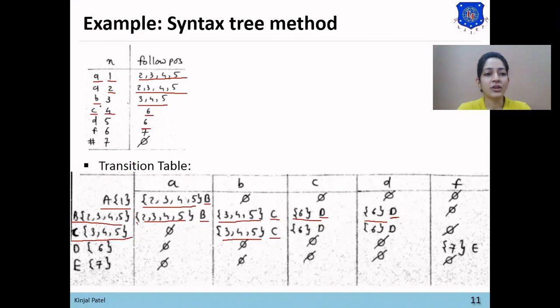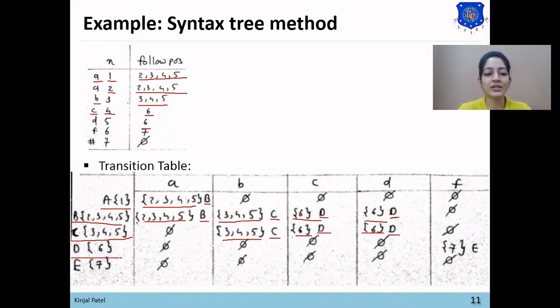Then the follow position of 4 will be added in C, so we'll add 6 in input symbol C and name this state D. Then the follow position of 5 will be added in D, so 6 will be added in D and we'll name this state D, as the value matches with the previously generated state D.